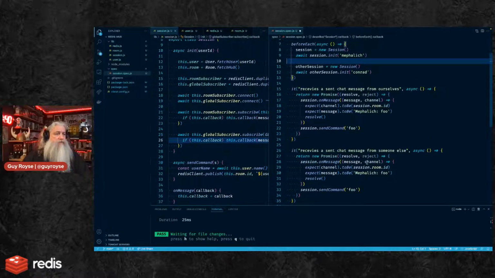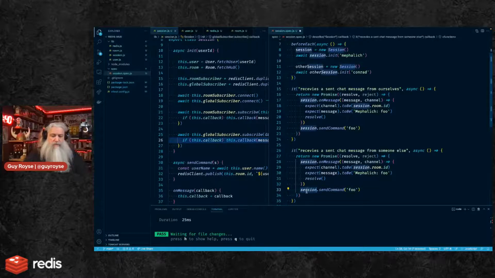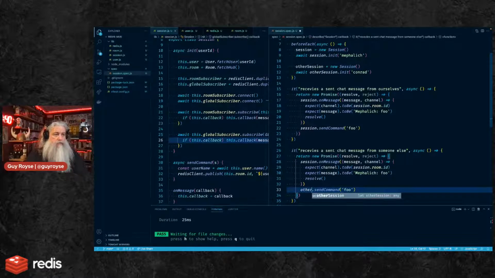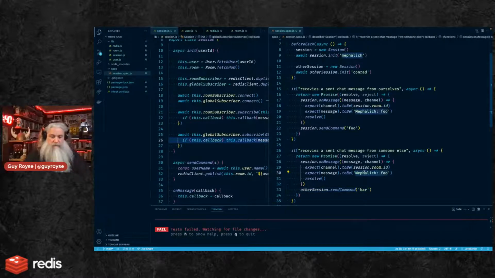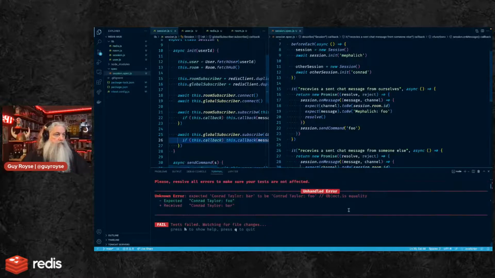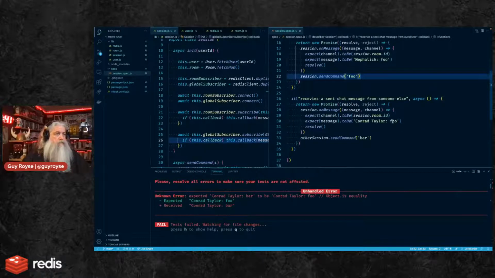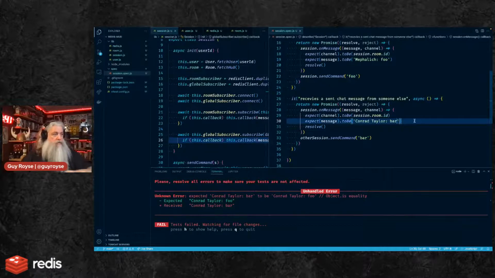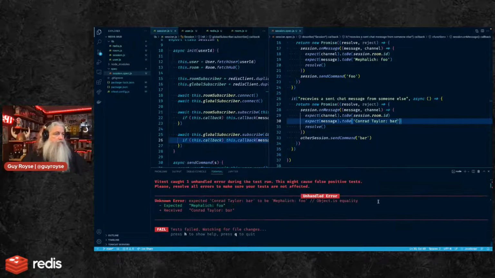So session.onMessage, other session, send command. In which this should be, what's that?